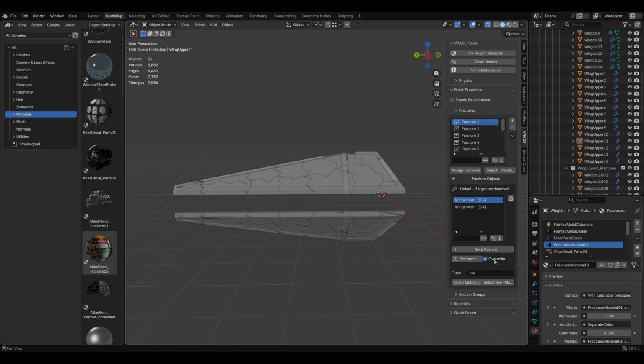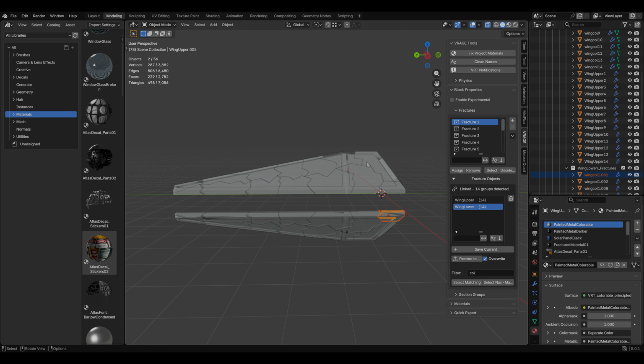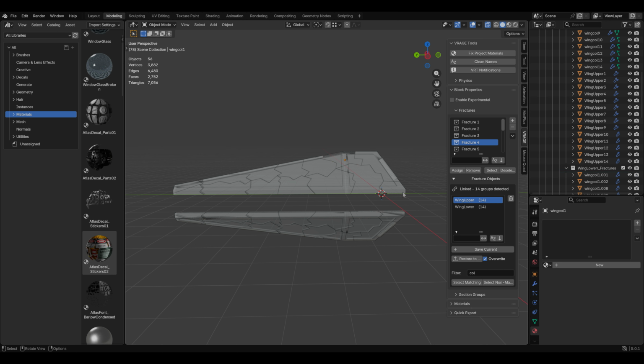You'll see here we've got an overwrite ticked. So what that is, if I select these, so it is the top one I've got selected. If I now restore the lower and restore it, it will overwrite the items in here. So you don't have to go through and manually start doing this every single time. You can just simply restore, and it'll just completely overwrite